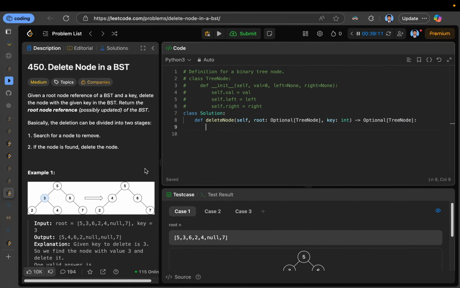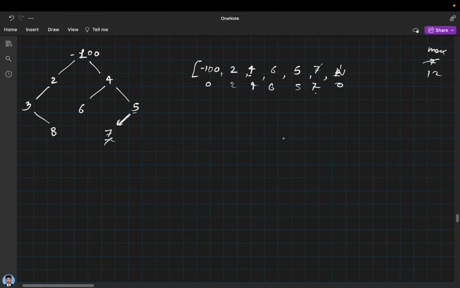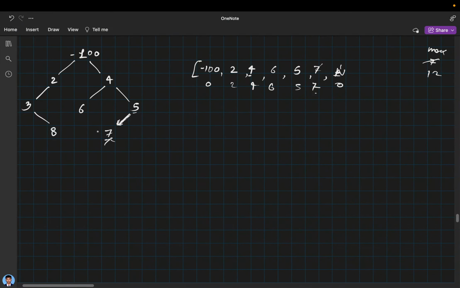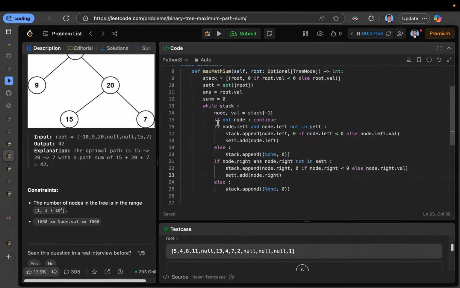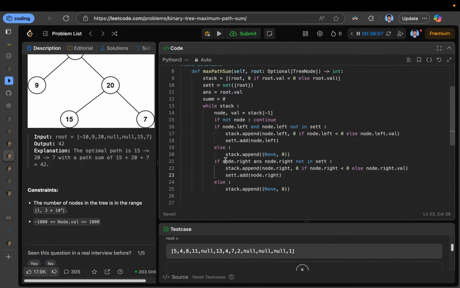So that is the question. Okay. So what I'm doing, pending, I have a pending like f minus 100. Then I have a pending 2 and 4. So now the condition is when I have to start popping out,